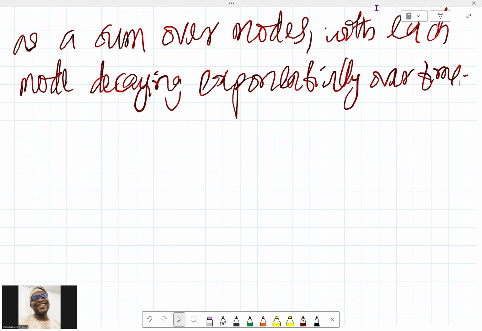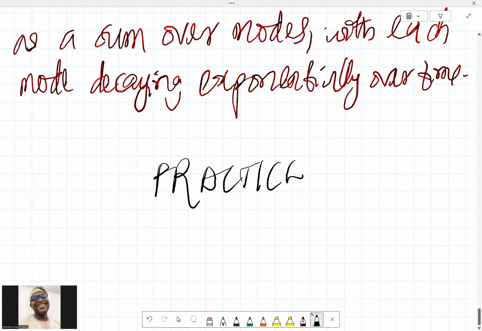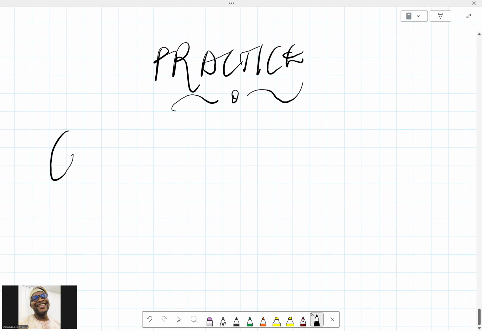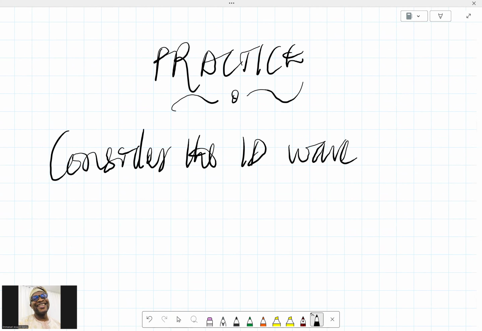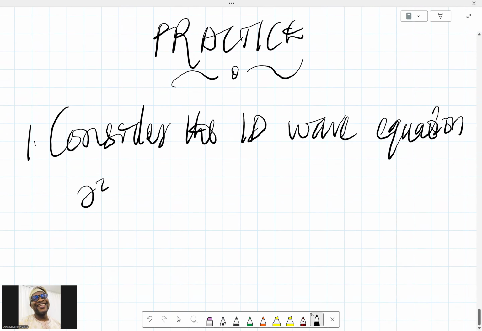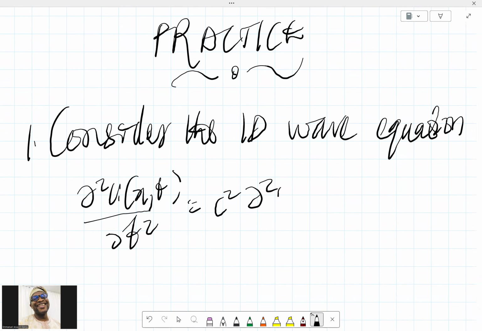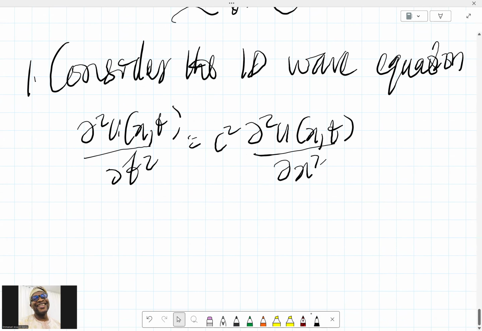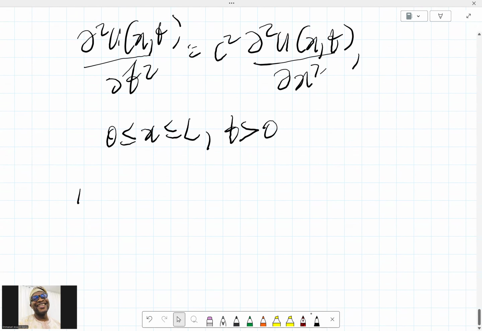Okay, we've done the Poisson equation. Guess we can do a wave one. Yeah, so practice. Consider the one-dimensional wave equation. That's question one now. Partial squared u of x comma t over partial t squared equals c squared partial squared u of x comma t over partial x squared, for 0 less than or equal to x less than or equal to L, and t greater than 0, with initial conditions